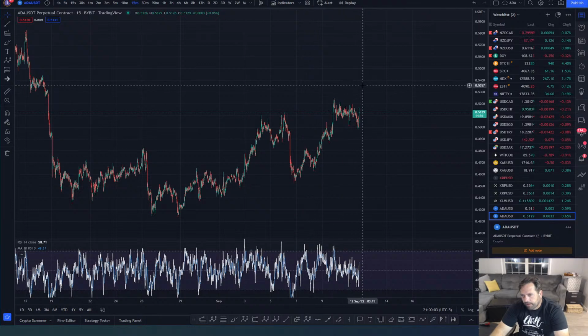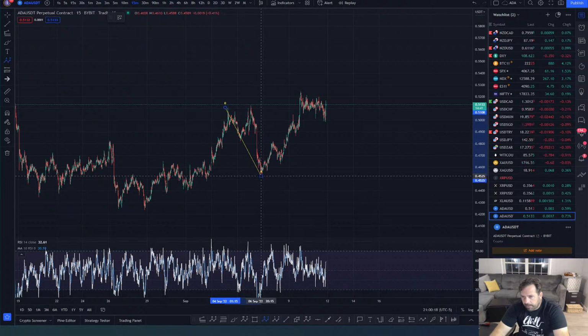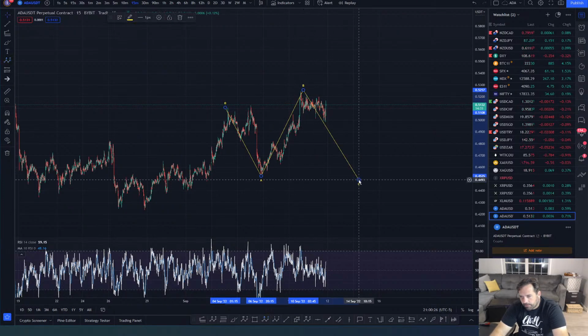We just need a 5th wave here to finish. 5th wave to finish, and then we're looking down. It could be something as simple as this could be an A. This actually could be, man, it could be finished as well. There's a chance it's finished right there. That's B, and now we're looking for C.